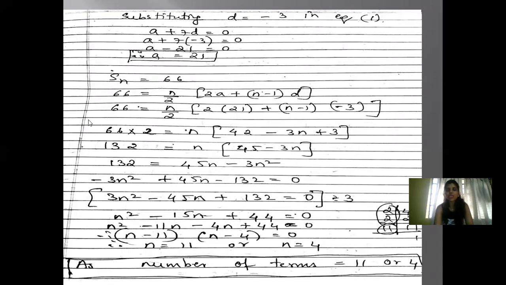We substitute in the formula Sn is equal to n upon 2 (2a plus (n minus 1)d). Remember the formula, please learn it so that you will be able to get the answer easily, because sometimes you get confused with 2-3 formulas which are there. So learn it and practice it well. After substituting, we'll solve it and get the value for n. So solving the quadratic equation.